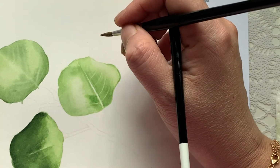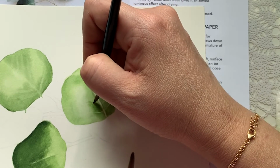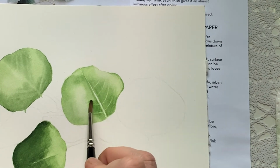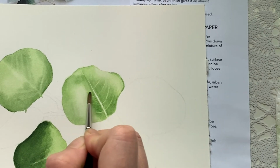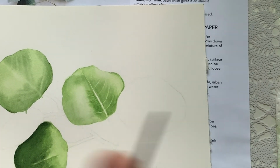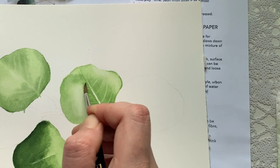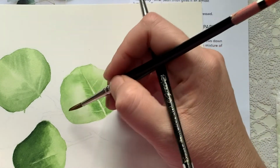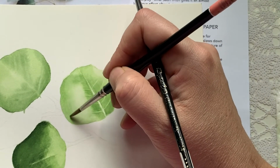If it's light, I mean, you can't see any veins there. You can't suddenly go all green there and it'll look like a zebra. This way. Okay, that's holding my breath there, and a little bit darker this side, just to show that it's curving, because